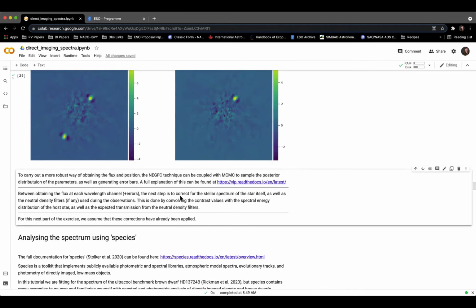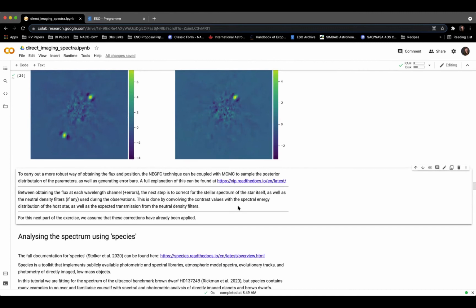So you would do this by convolving the contrast values that you've just calculated for each wavelength channel with the spectral energy distribution of the host star and the expected transmission from any of the filters. But for the next part of this exercise, I'm going to assume that this part has already been done, which is true for the spectrum that we'll work with. But this is really important to note that there is a step in the middle here that I've had to